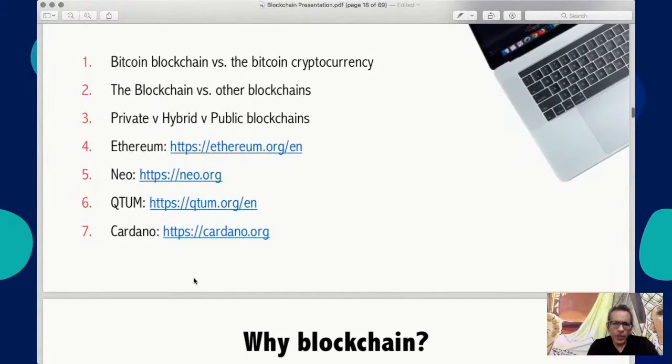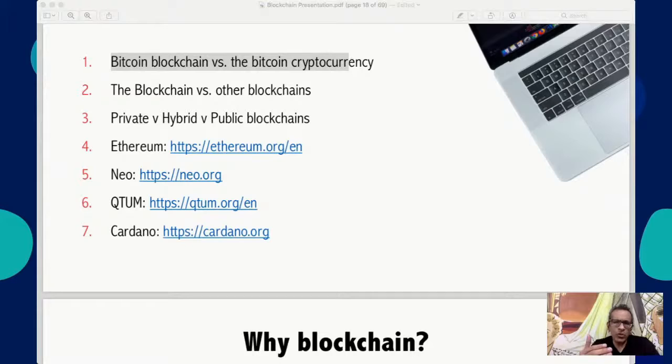Then there are some common questions that I'm always asked. What is the difference between the Bitcoin blockchain and the Bitcoin cryptocurrency? So as you would have understood, the blockchain is what we call the blockchain. You can say in capital letters "the", because it was the first in the world. And on top of that, the native currency is called BTC. So whenever you talk about the currency, it's not Bitcoin, it's BTC. Bitcoin is actually the name of the blockchain.